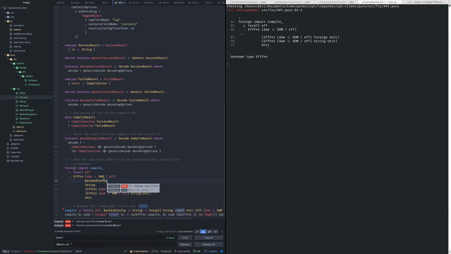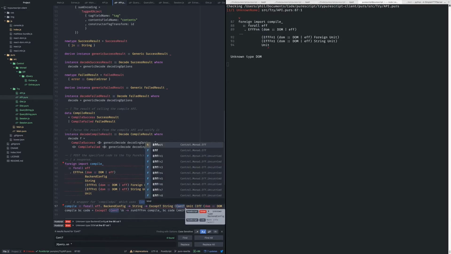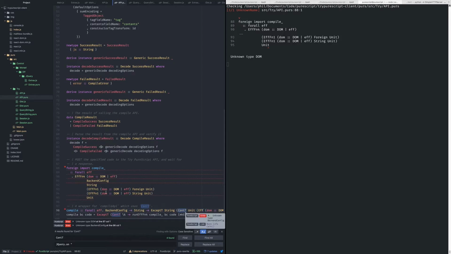Oh, this is a problem. This needs to be, we have to create a types module to store that in. That's fine. F1, Accept T, Compte, run F1.4, make F1.1, probably F as well. BackendConfig, of course, right? So let's pause for a second and create Try.Types.purs,